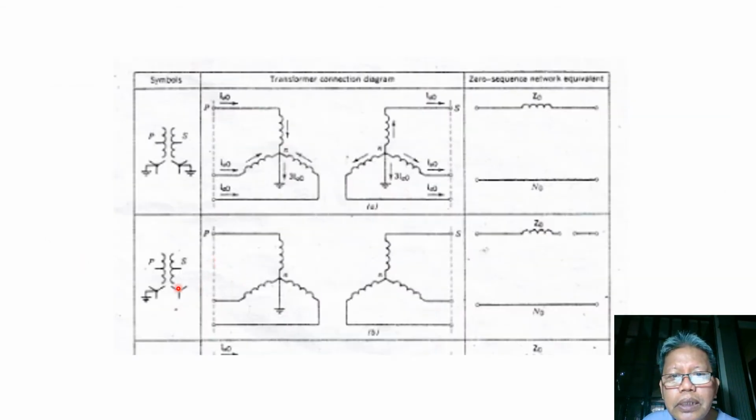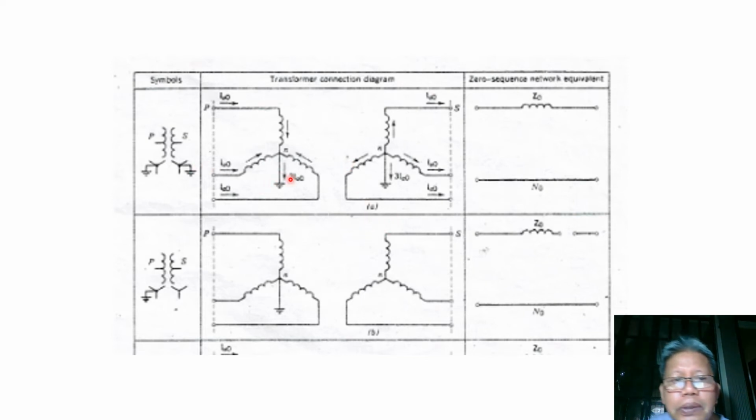Now for the transformers, we worry only about the zero sequence components. For the positive and negative sequence components, they are just the equivalent reactance of the transformer, and they are usually given as computed based on their capacity. But the zero sequence impedance of our transformer depends on the type of connection of the windings at the primary and the secondary.